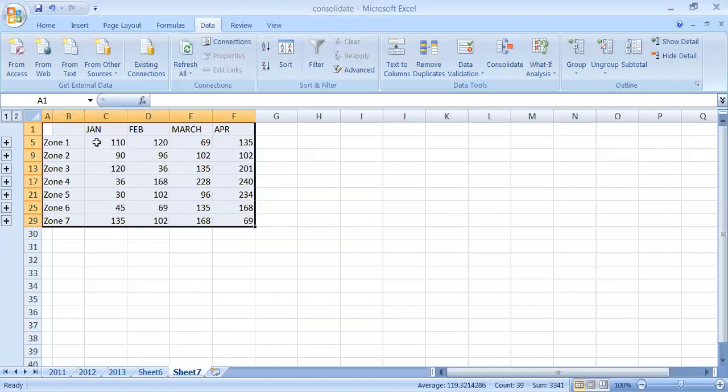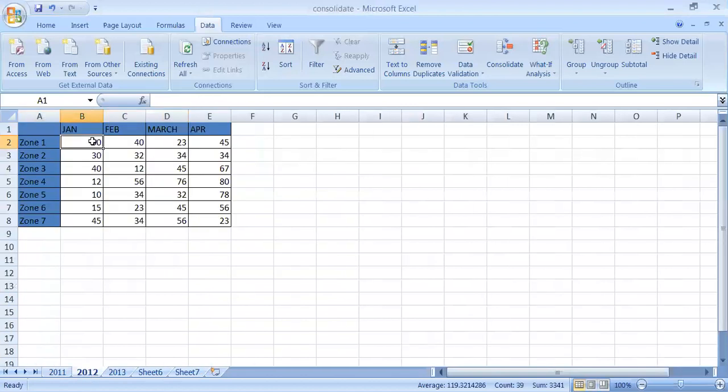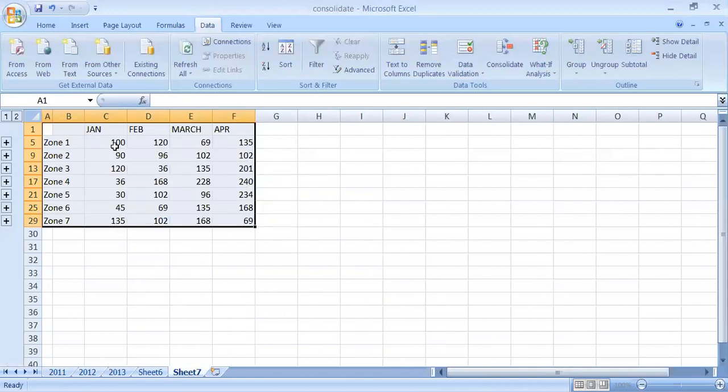Now for example, have a look at this block. The value is 110. Now I am changing the value from here. From this 30, I am writing here 20. The value should decrease by 10. So now see sheet number 7 and you can see the value is 100. So when you have created a link between the source file and the consolidated file, you will be able to see the changes, or it will also accommodate the changes.